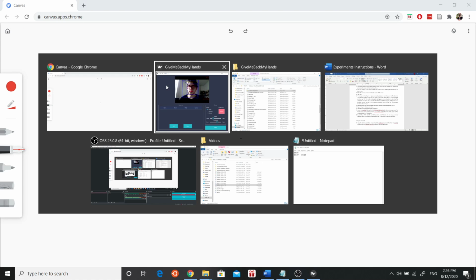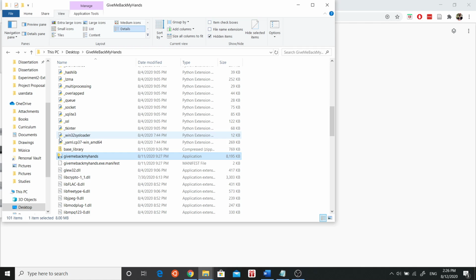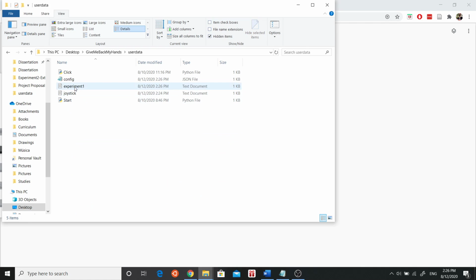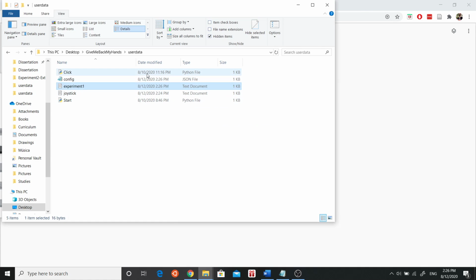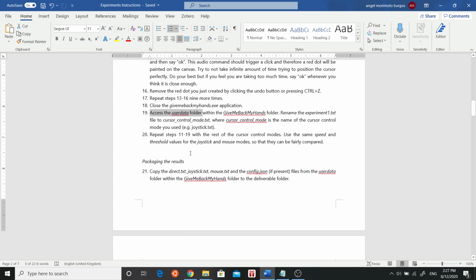And afterwards, after I've done it 10 times, I will close this, then go back to the user data, and we will see another experiment one, which should have 10 different rows here, 10 different lines, and then I will name it direct, and then I will do the same once again, but with the mouse mode, and I will do the experiment. It will create an experiment one file. I will rename it to mouse mode, and afterwards, once I've done everything,